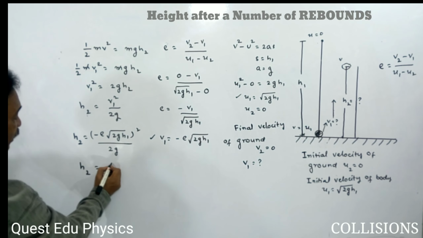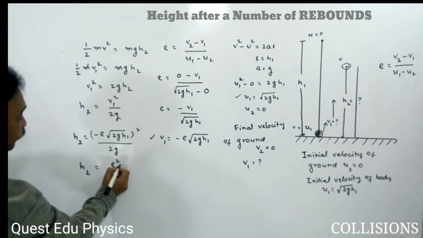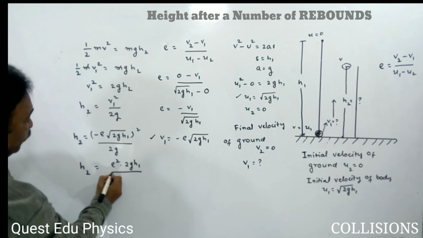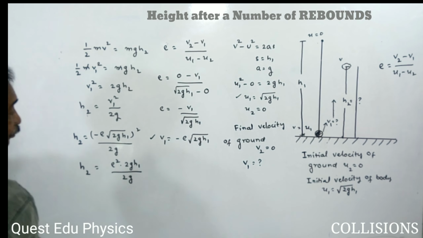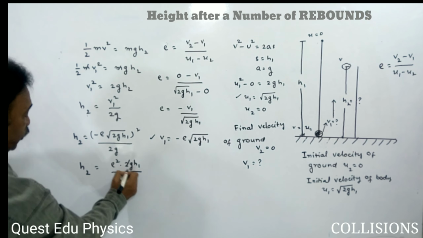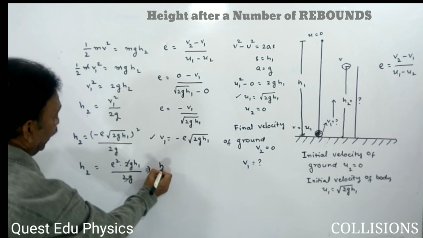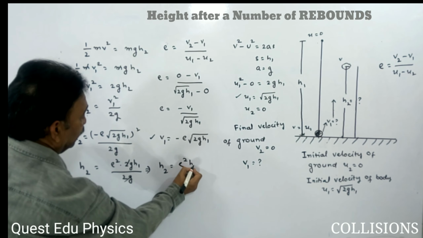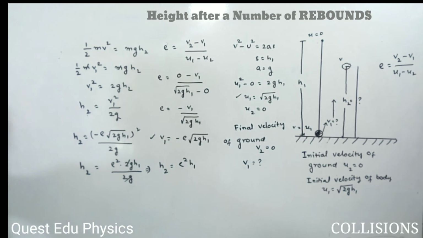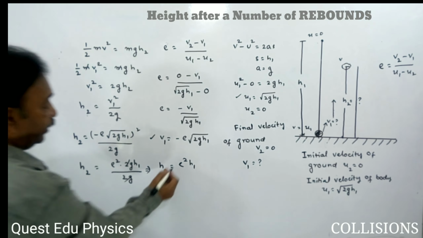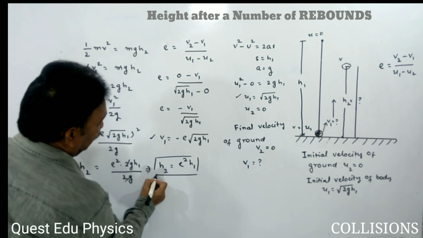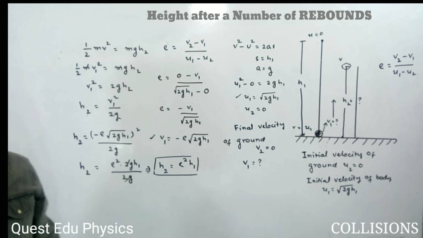Then h2 can be written as e square into 2g h1 by 2g, where 2g gets cancelled, and we have h2 is equal to e square h1. In this way you can find out the height to which it rises,